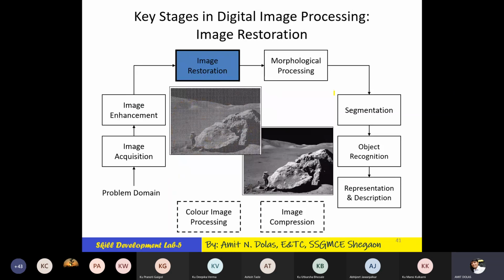Then image restoration. You can see this is the source image, and this source image has too much noise, and in the restoration process we removed it and we got this output image. Generally in image restoration, similar kinds of pixels are found, and accordingly the filter or noise removal algorithm is run on this image. Thereby, whatever noise you are looking at in this picture is not present in the second picture here.